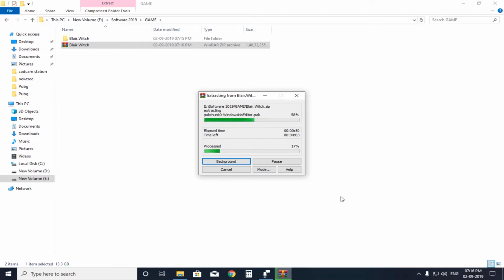The processor and the graphics card are not high end, so my PC is low spec. If I am able to run that game on my low spec PC, then any higher specification PC can run this game. So let's see what will happen at the end of this